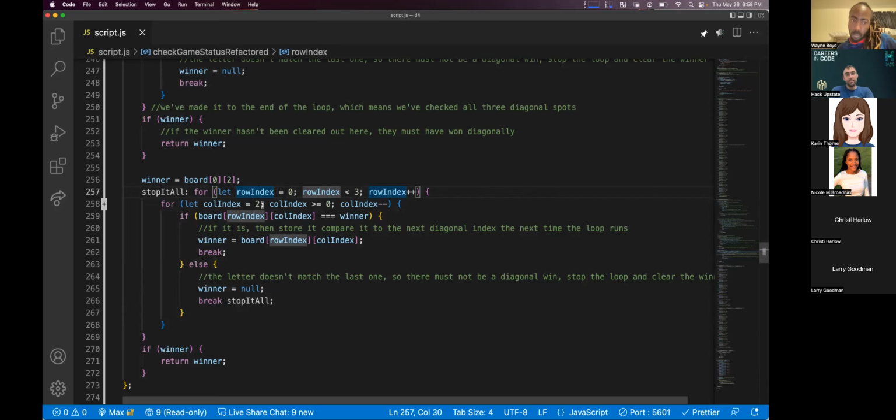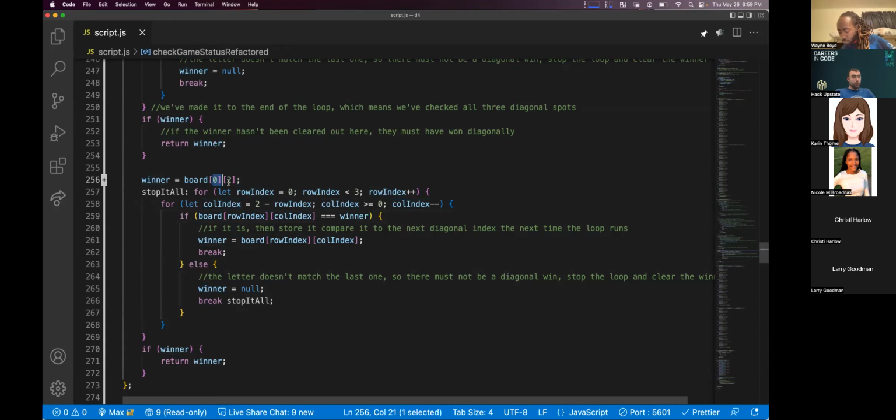Okay, so what we did, God, I love programming sometimes. Start row index at 0. Start col index at 2 minus whatever row index is. So the first time this runs, row index is 0, col index is 2 minus 0, which is still 2. Check row index, which is 0, and col index, which is 2, against our winner. Winner we know starts at 0, 2. So our winner is fine to keep track of.